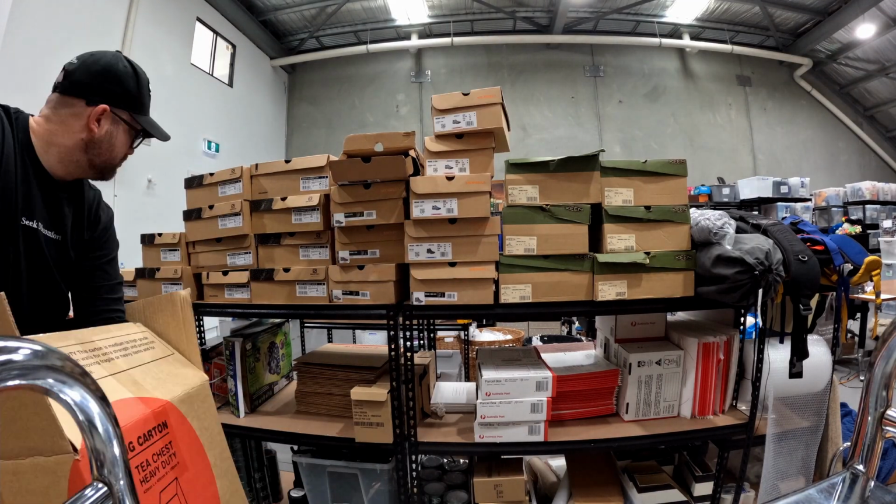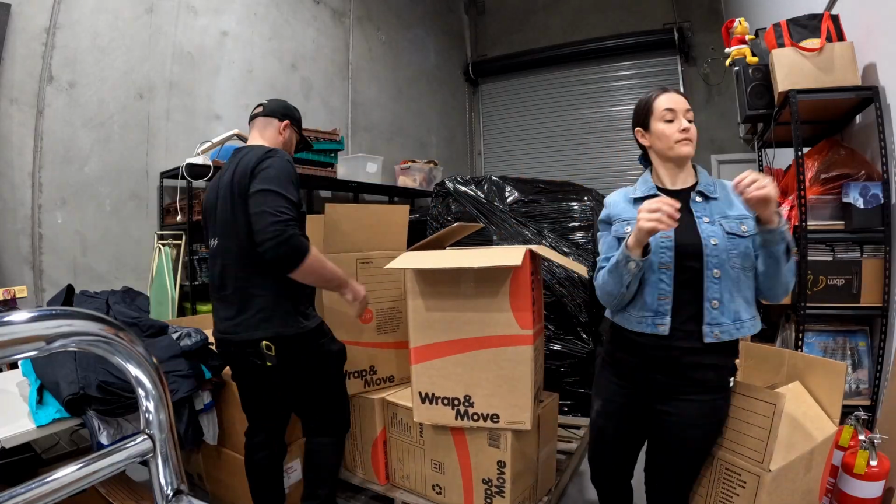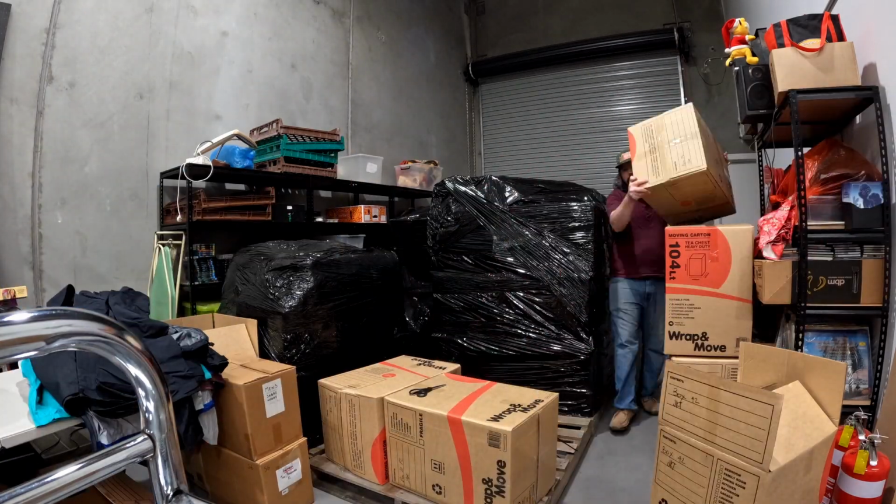So far I've unboxed about 2 or 3 boxes of shoes. As you guys could see here, there's some nice Kain, there's some Merrell, there's some Salomon. This is probably about 10% of the shoes that are actually in this pallet. So let's keep unwrapping. So the way we're approaching this mammoth task is to essentially put all the shoes in